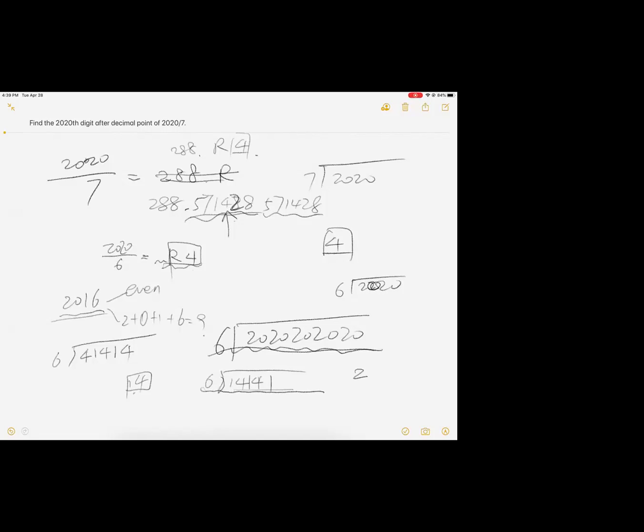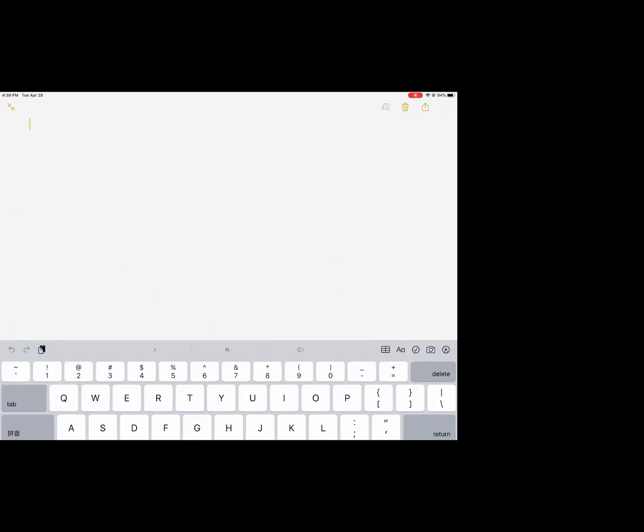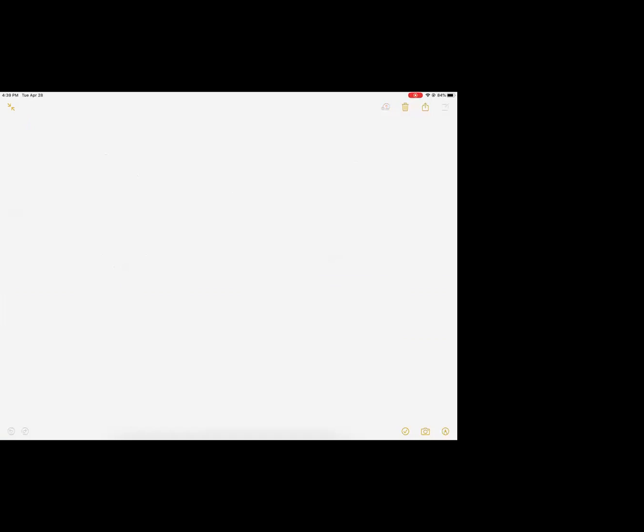So let me go back to this 2020 thing. Okay, there is a strategy. So I think Akil already said it. So if it's an even number, right? Look, this is 2020, right? I know 2 plus 2 plus 2 is divisible by 3, right? So this is 6. This is divisible by 3. Okay. This 2020, if we add a 2 to